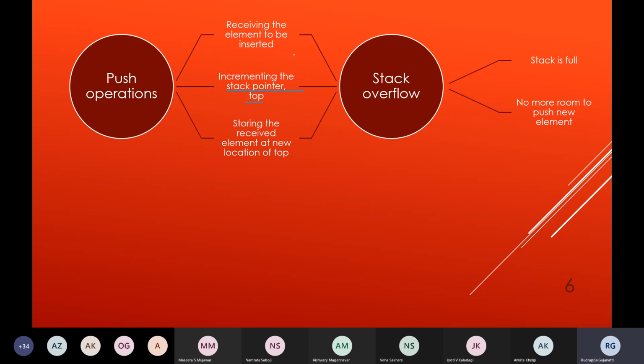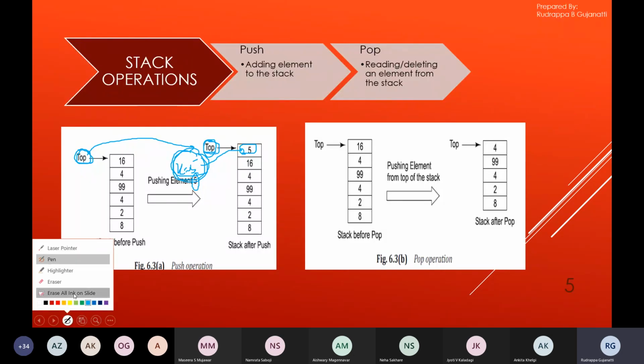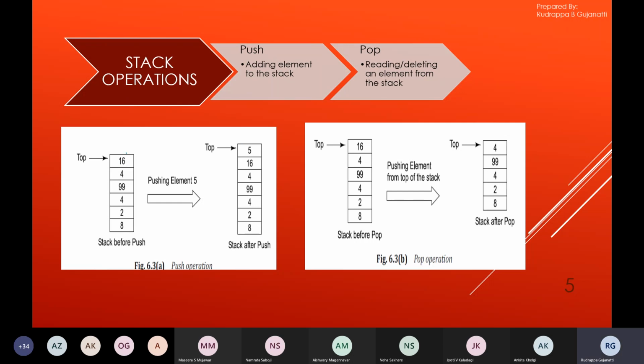Now, when we are performing these operations, we come across another aspect, what is called stack overflow. It is because of this increment operation. If I come to this aspect, say the stack is full now in this case. If I'm performing a push operation, the memory is full and I cannot push or add any elements to the stack. So this is not possible, assuming that the stack is full at this point.